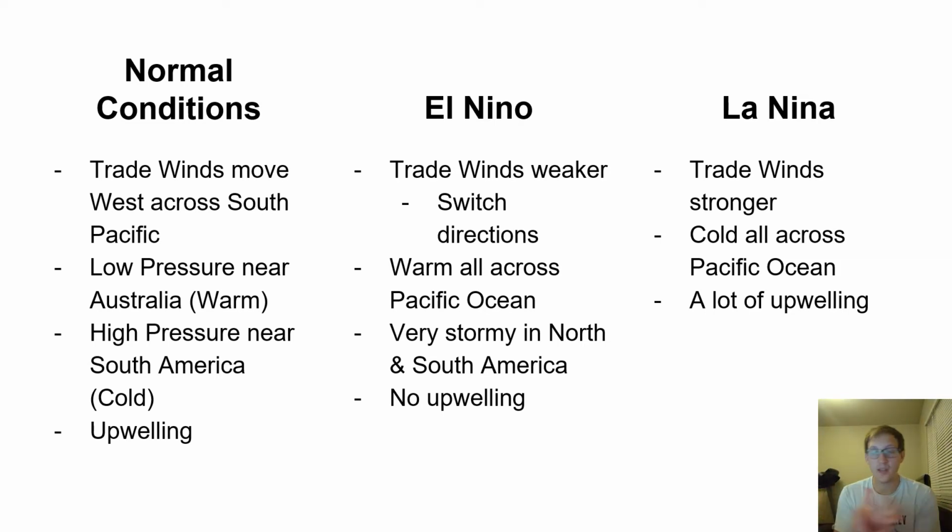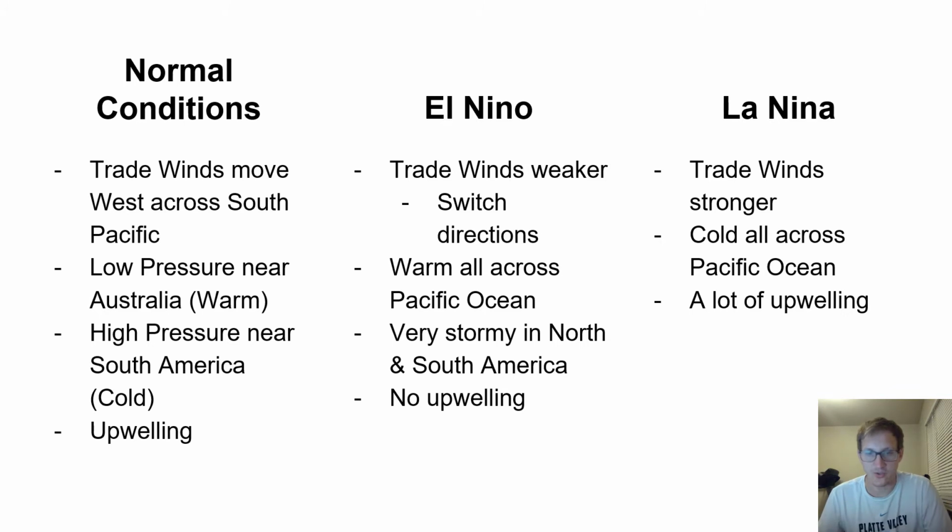Remember that wind causes upwelling. It pushes the surface water away, and then the cold ocean water underneath gets brought up to the surface. And because of the direction of the trade winds, that occurs in South America, whereas the warm surface water gets